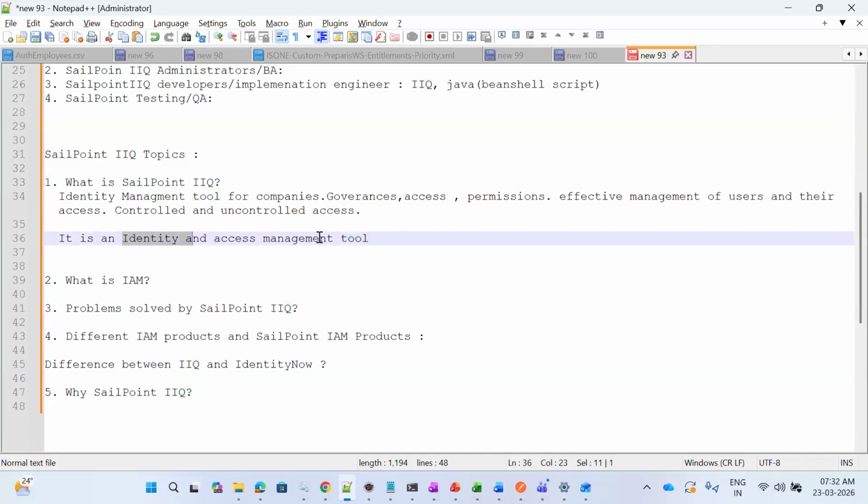This is what we used to say previously, but as the domain is expanding, we are telling more of an identity governance tool. Identity governance and administration tool. Both will be same. But previously, this is the definition we used to have: identity and access management tool. Nowadays, to be more precise, we are calling it an IGA tool, identity governance and administration tool,